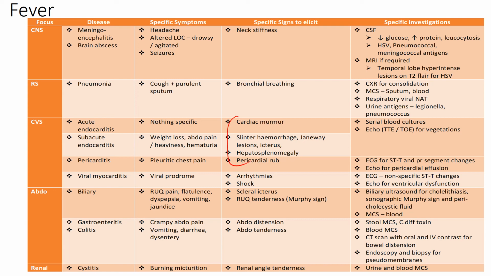And then for subacute endocarditis, you have all those lesions, Janeway lesions, splinter hemorrhages, icterus, hepatosplenomegaly, and all that. And what specific investigations would you do? Once again, blood cultures, but in this instance, the specific body fluid is the blood. Therefore, you just keep doing blood cultures, and if the same bug keeps growing again and again, clearly you have